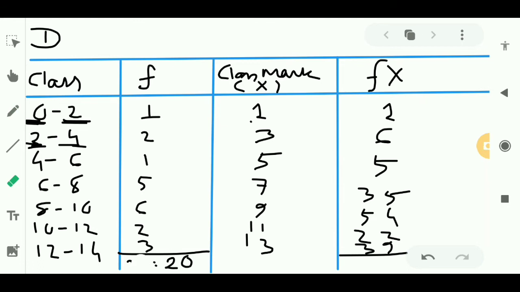This frequency here we will write as summation F. We can write N, but summation F we have to write. And this one after adding we will write summation Fx. Summation means this sign is called sigma. It's a Greek letter, and it is read as summation because sum is being done, that's why it is called summation. So we have to add all these numbers. 2 will be there, 23, 6, 11, 13, 16, 162 will be there, 162.